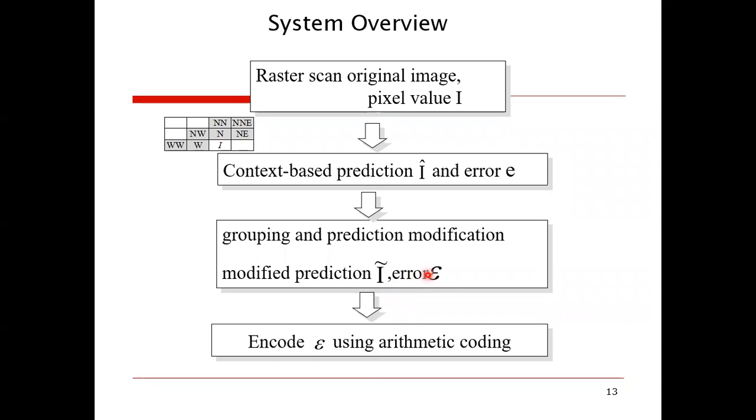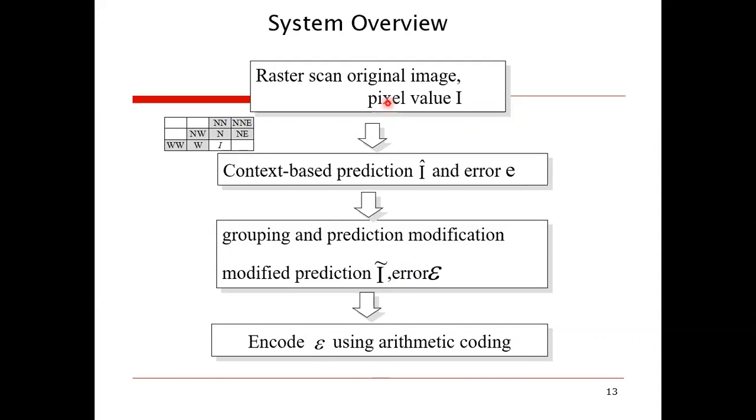After finding the final prediction error E, you will use this error for encoding the whole image.